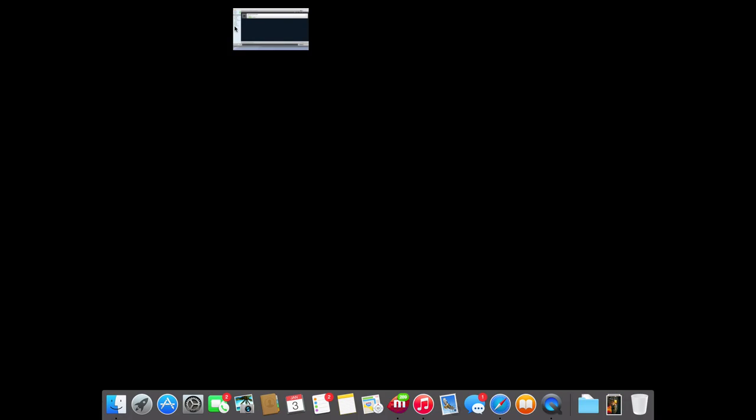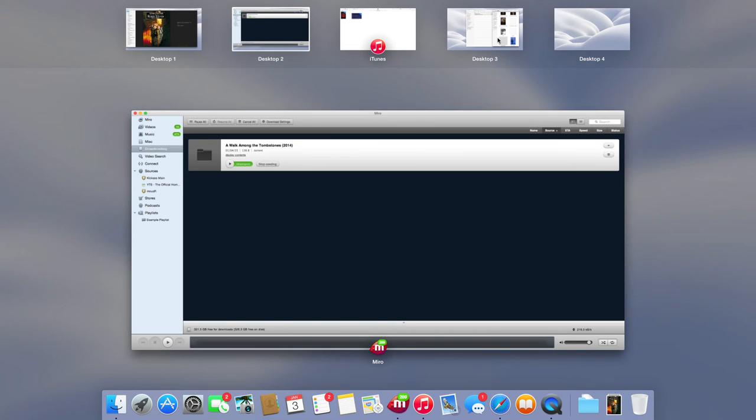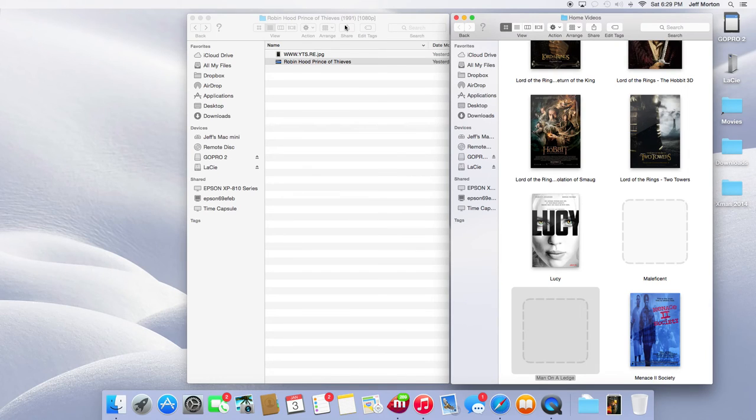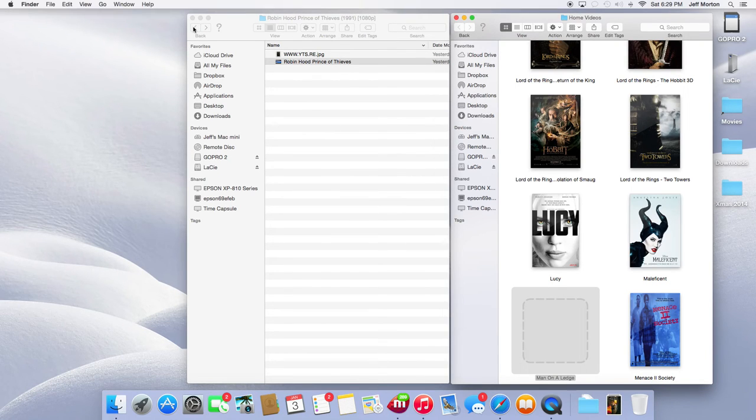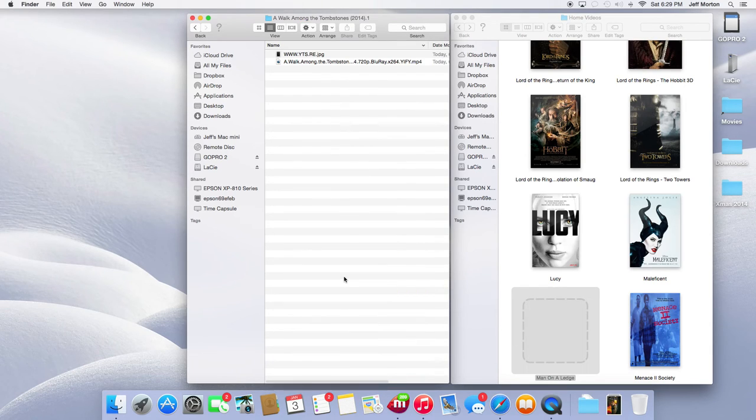As you can see, this Walk Among the Tombstones is downloaded, which will be in this folder. Walk Among the Tombstones, right there. Okay, so if I wanted to do the same thing, the movie absolutely sucks, so I'm not going to watch it again, but then I just click on it, rename it to whatever I want to rename it to,